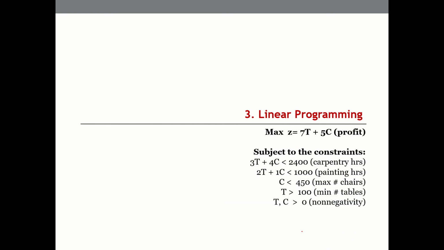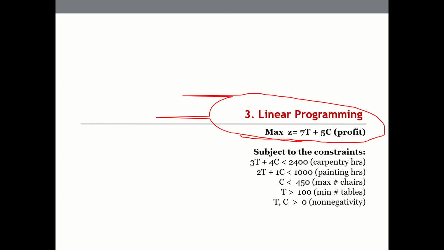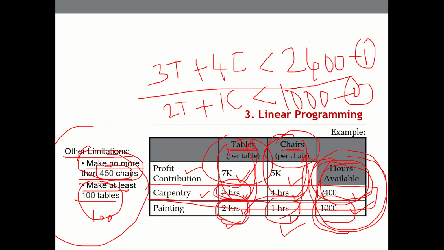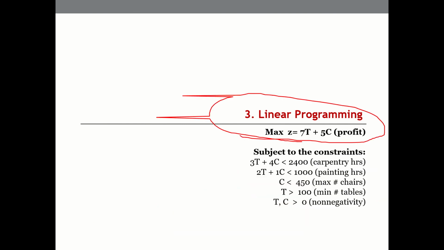How do we arrive at this Z? We use the objective function. How we arrive at the objective function is what we are aiming for. So now, what is this objective function? We said Z is what we have to achieve, and what is it that we have to achieve here?